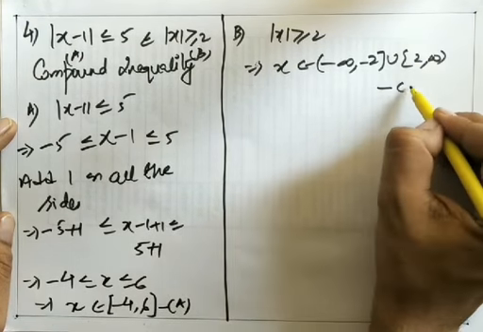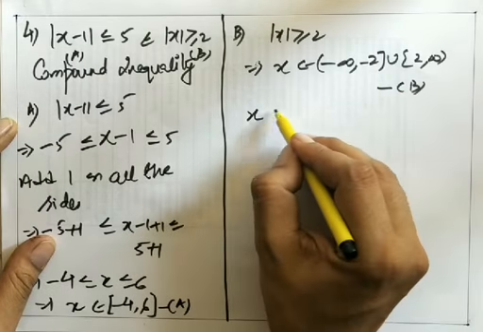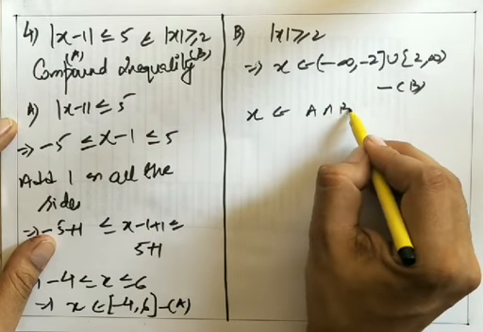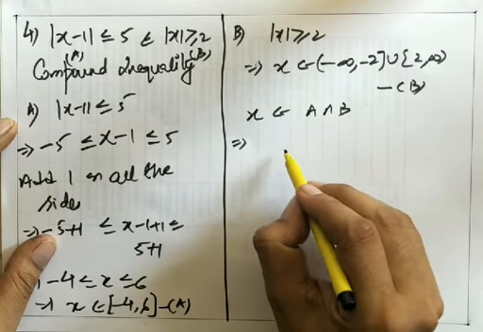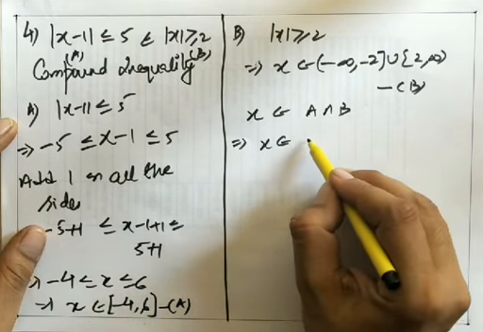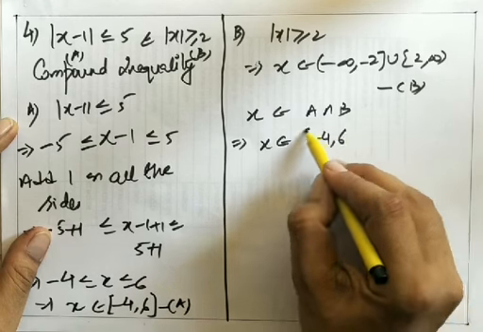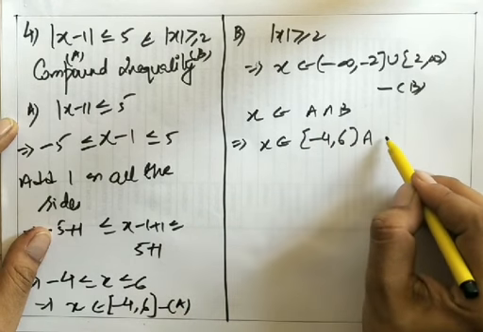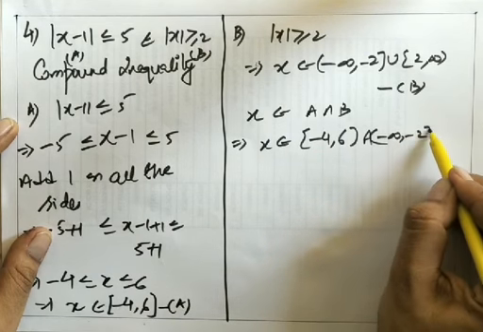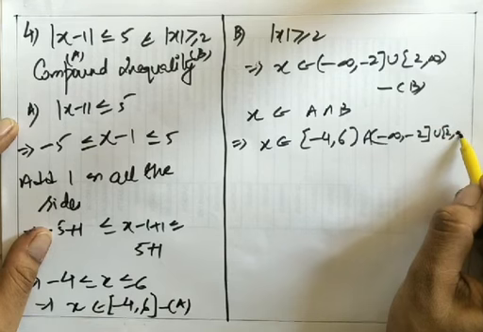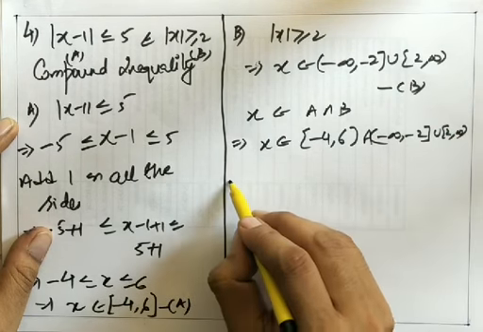So this is B. So our answer x will be A intersection B. That is, x belongs to [minus 4, 6] intersection (minus infinity, minus 2] union [2, infinity). So if you draw a number line,